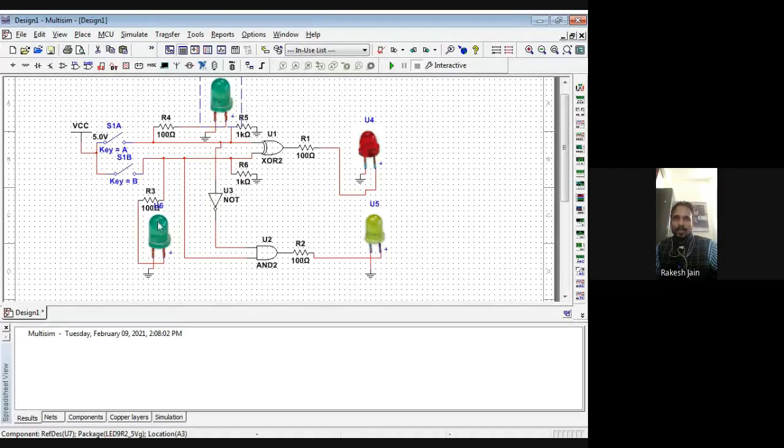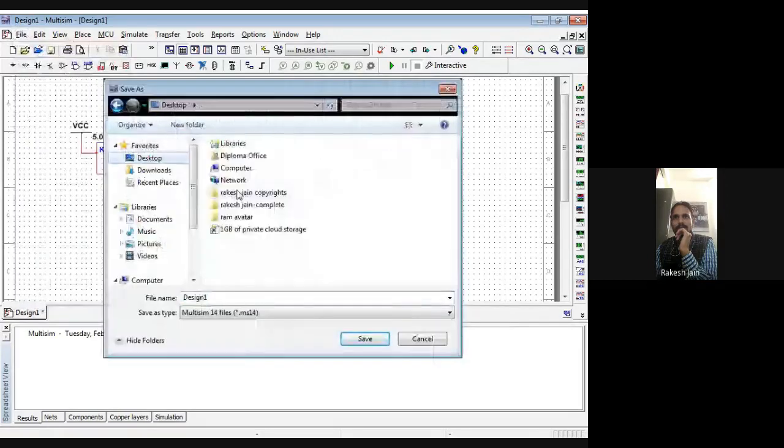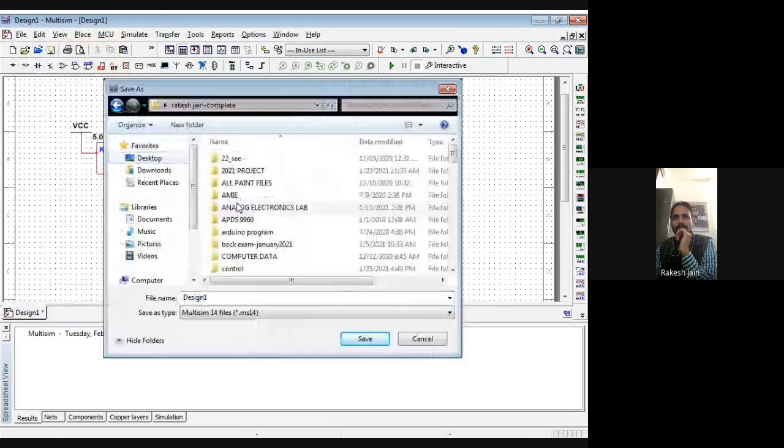For the input and output, we connect the LEDs. To show you the output, we connect a red LED and a yellow LED. To show you the input side, I connect two green LEDs. Whenever the upper green LED is on, it means A input is there.